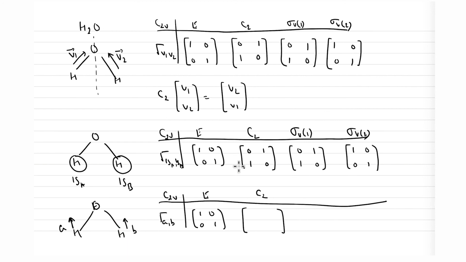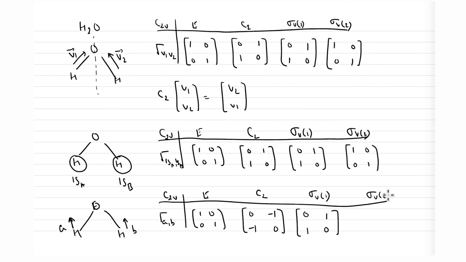So in such a case, to represent this, I have to write it as negative, right? So 0 minus 1 minus 1 0. Now you can see that the representation from here to here is different. Here the vectors were in plane and parallel to the bonds. Here the vectors are perpendicular to the plane. So it changes. Now let's write for sigma V1. A will be replaced with B without any change in the direction of the arrows. So we'll write 0 1 1 0.